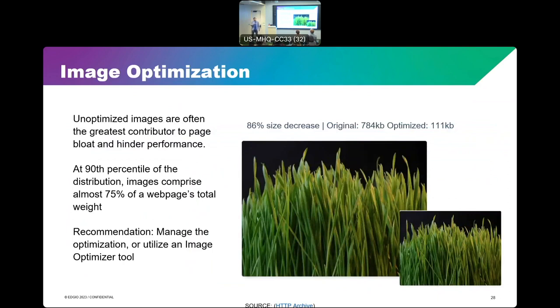One of the biggest issues from performance is having heavy pages. And so if you have marketing folks who aren't aware of this, they might be uploading 12 megabyte images for your pages. And so when your customers try to load that, it's going to take a while. Make sure that they're not doing that, or get an image optimizer solution or tool, because it'll reduce it down to the point where it's still beautiful. You can still have great editorials and layouts, product information and content on your site, but it's not going to bog it down. You can see 80% plus size decrease from doing this activity.